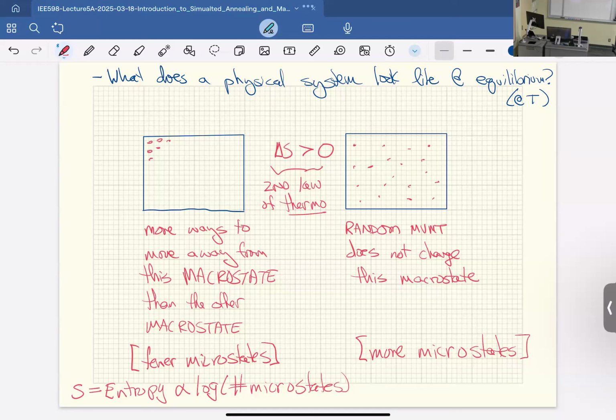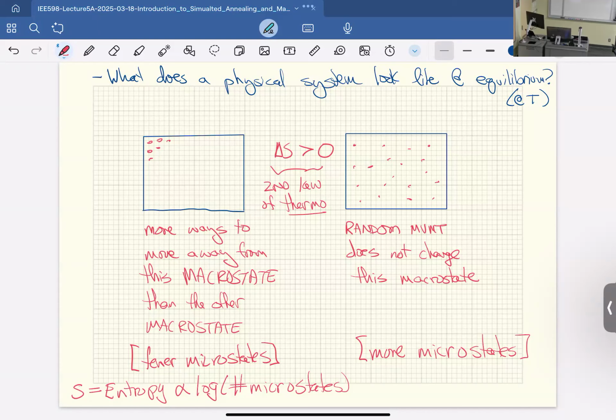So if you have a macrostate, a configuration, that has a bunch of microstates in it, then just random movement is going to be more likely to land there. If we think about the microstate dynamics, it is equally likely for any microstate to go to any other microstate. There's no preference in microstates. But because there are more microstates, it's like a dart on a dartboard. If you've got a giant area on a dartboard and a little area on a dartboard, then if you happen to hit the little area, that's great, that'll happen. But most of the time, it's going to be the big area on the dartboard.